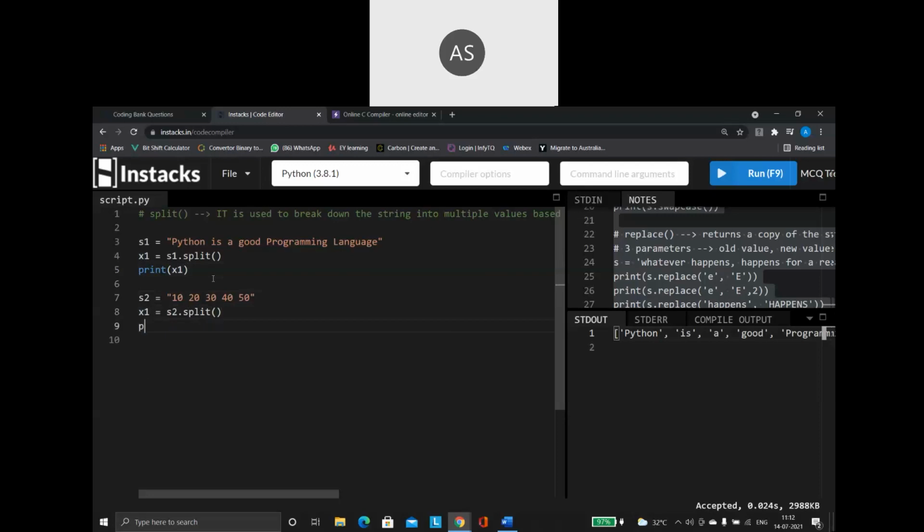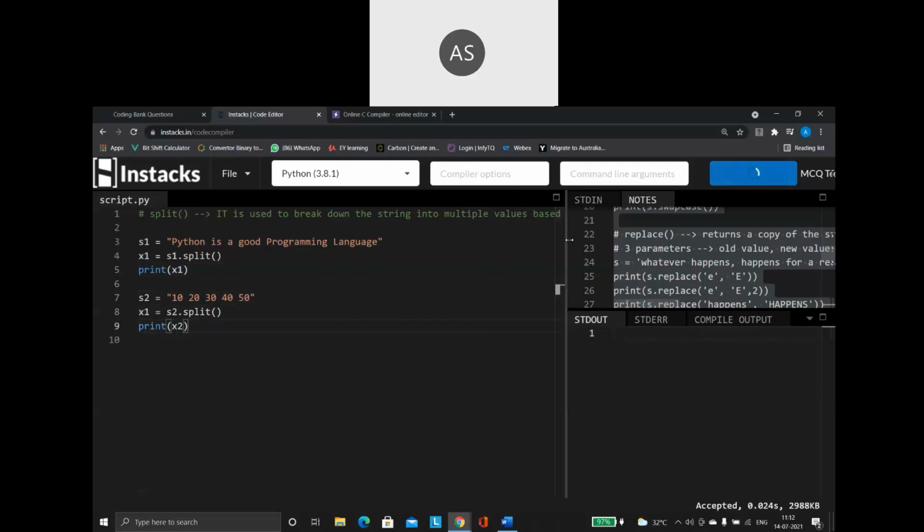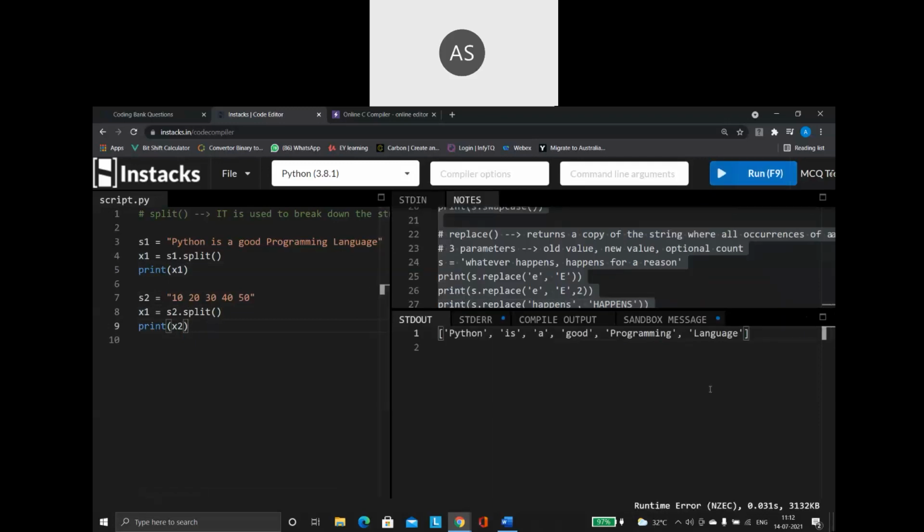Then let us print x1. See what my output is. Have a look at my output this time.